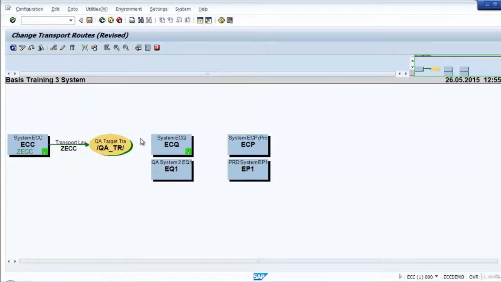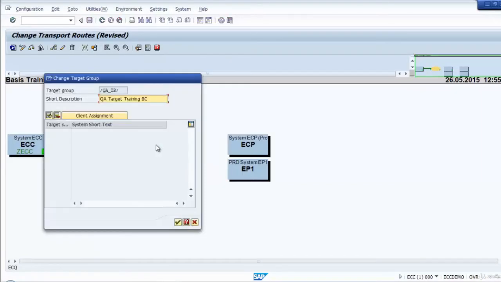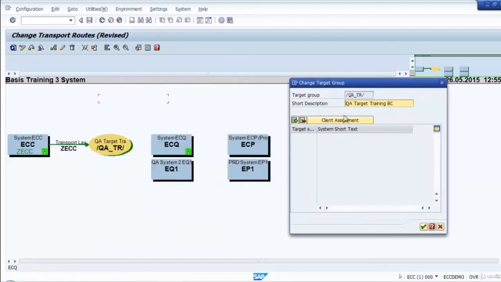Now we need to create the delivery route. From the target group we need to deliver to two different quality systems. So for that we can use this Add Transport Groups. Select this, then you can see a pencil. Using this pencil you can simply draw this, you can connect here. Okay, so now it says the target group should deliver the systems from the target group to